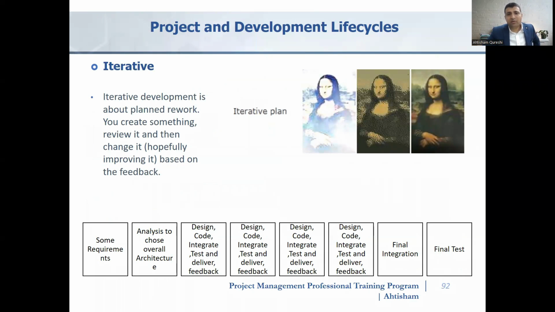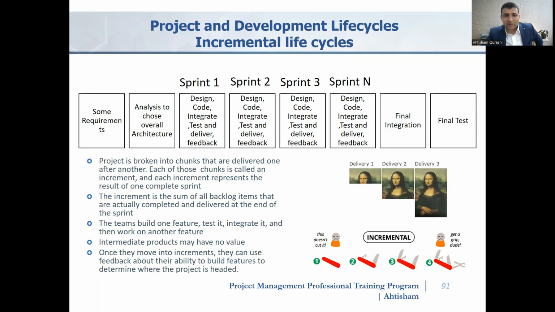Got it. Yeah. Now that was incremental, and there is another, the iterative life cycle. So if you see the picture difference in the Mona Lisa picture, now you will understand what is the difference between incremental and iterative. This picture of Mona Lisa, it was incremental. You are drawing a picture, but you are drawing it fully. For example, you are sketching it, coloring it, but feature by feature you are completing it. Though this painting cannot be placed on the wall after each iteration, but it is